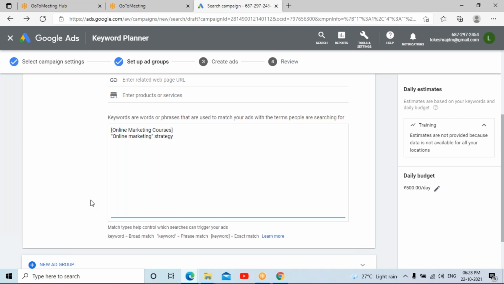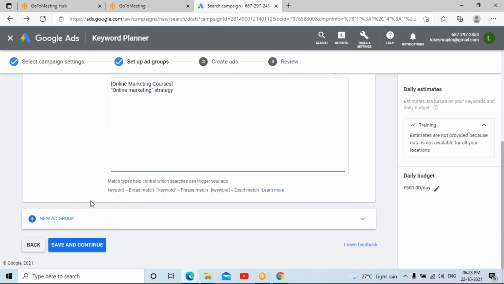Now, if you want multiple ad groups, that means you want to list them out as different types of ad groups. This ad group will talk about only online marketing, another ad group may talk about only offline marketing, or it could be something else.